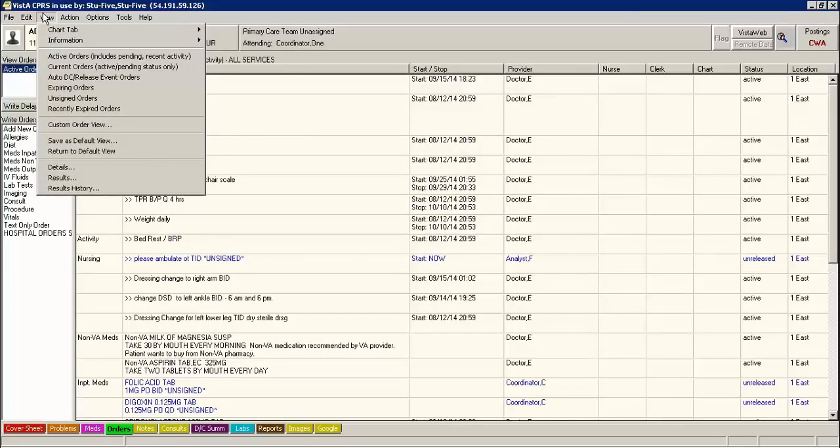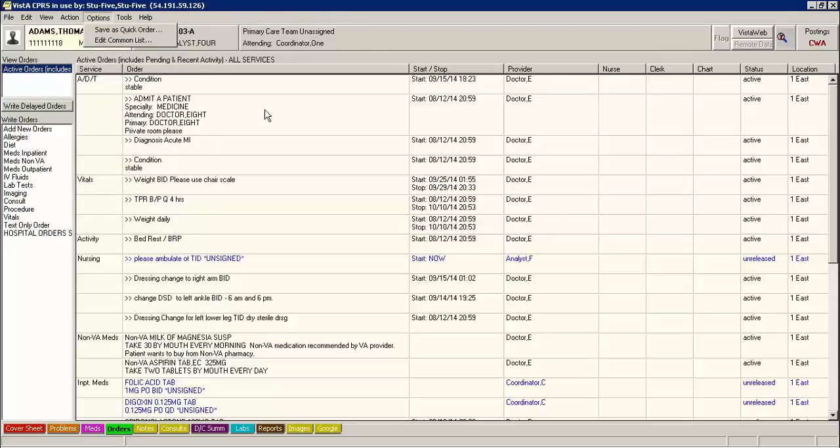The user can also look at the default view, which is active orders, but if a user wanted to see what might have been discontinued or the patient is no longer on, there can be a customizable option for them to view those particular orders. On the left-hand side are the various options available for a provider to write new orders. If I were to click on Add New Orders,